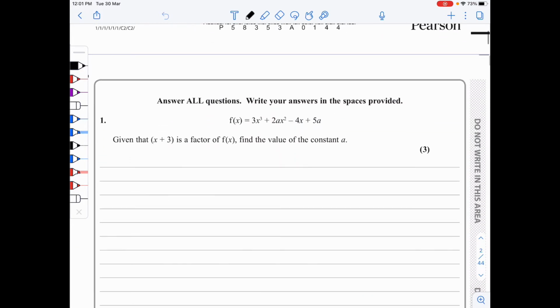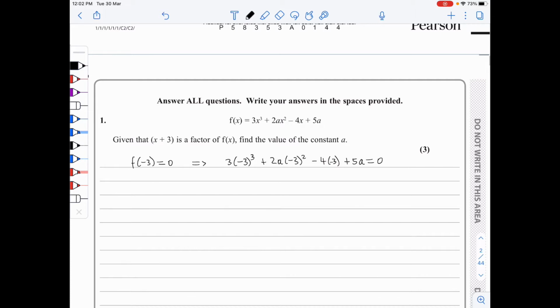Question 1, we're given f of x here in terms of a, and we're also told that x plus 3 is a factor of f of x, and we need to find a. So x plus 3 being a factor certainly means that f of minus 3 must be 0. So if we just substitute x with minus 3, we will be getting an equation in terms of a,